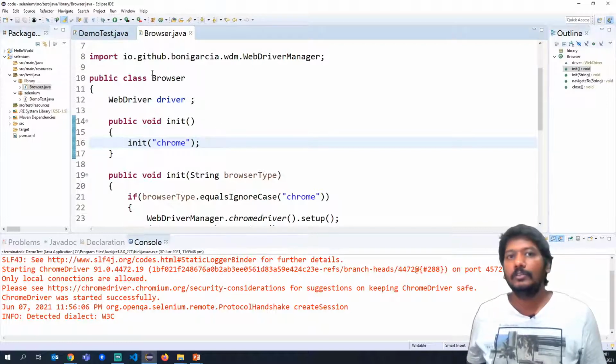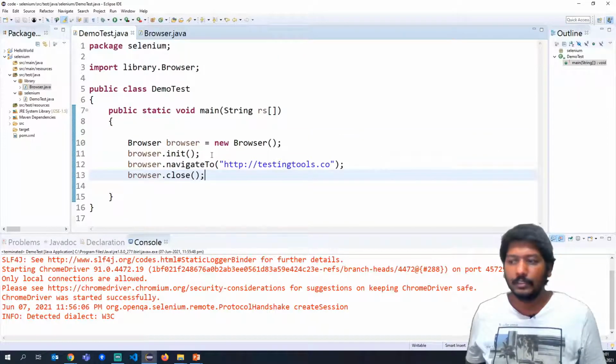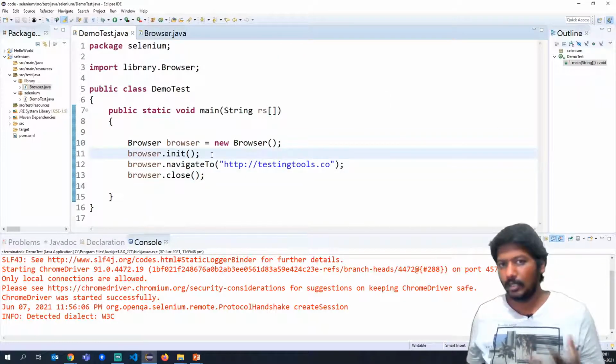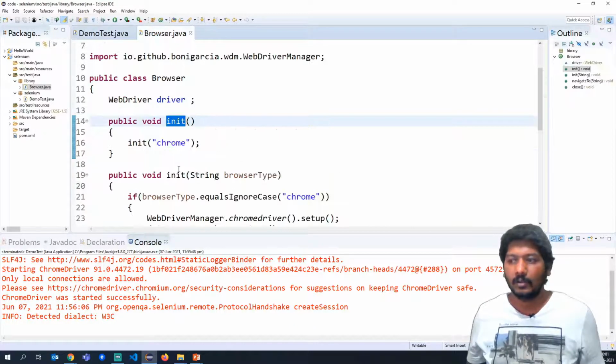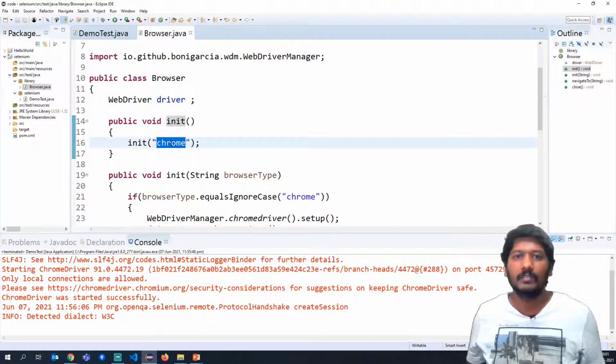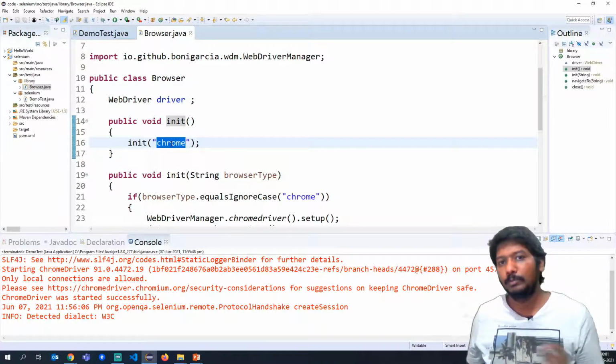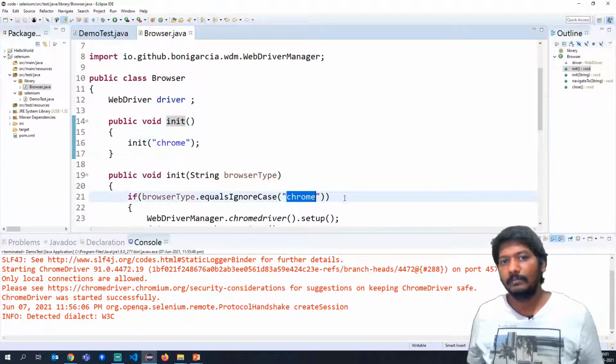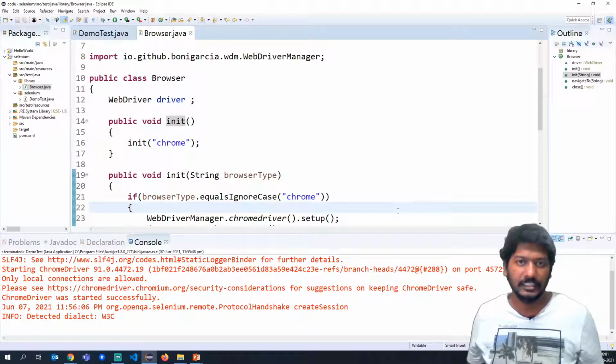That's all. So if you go to your demo test and you don't change any piece of code and then you run, you will observe that it will launch the Chrome browser by default, because in init method we are calling the overloaded init method for which Chrome has been passed as an input parameter. So Chrome goes in and then the condition will pass and then that particular driver will get initialized.